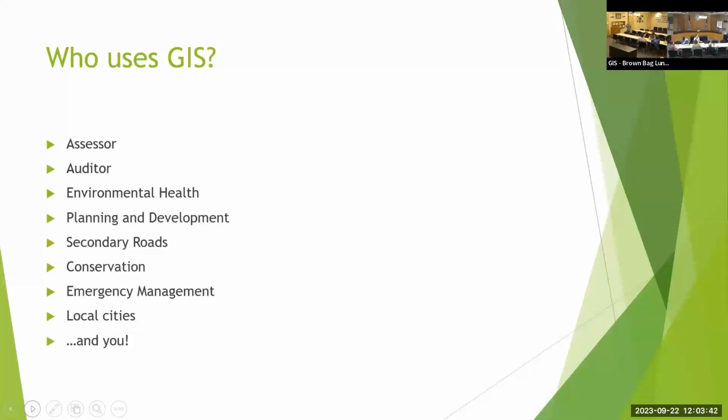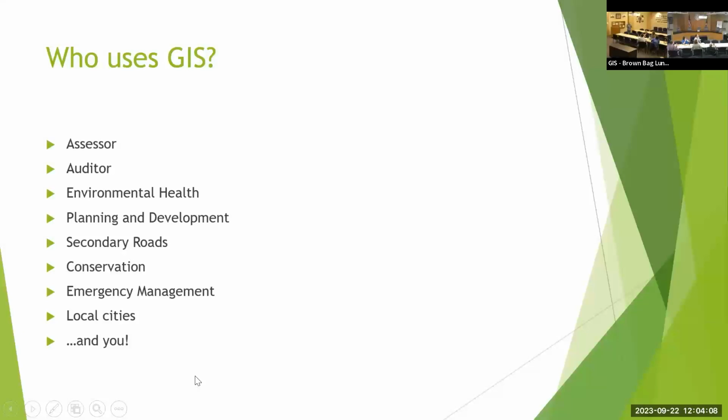Well, I guess before we get into that, we'll talk about who uses GIS. The assessor's office uses it mostly for valuation purposes and parcel boundaries. Auditor's office, also parcel boundaries, ownership, a lot of voting information. Environmental health for septic systems, and planning for properties, development, people building new homes or doing any sort of development.